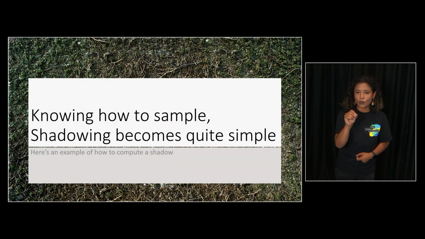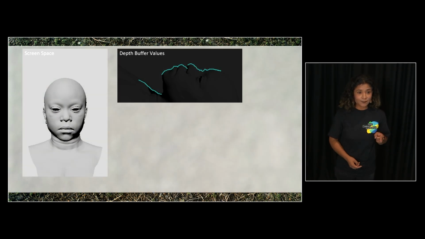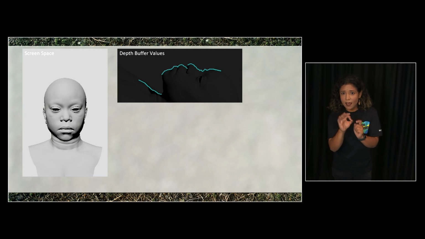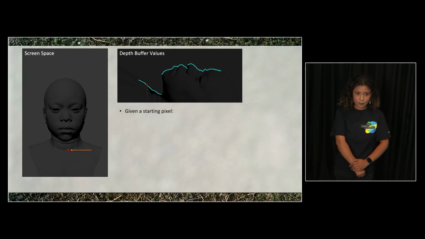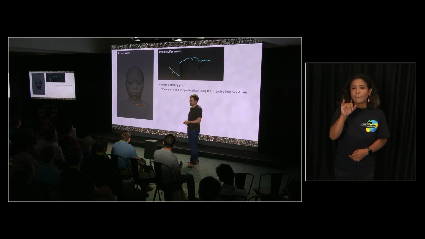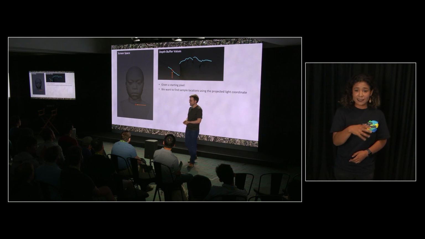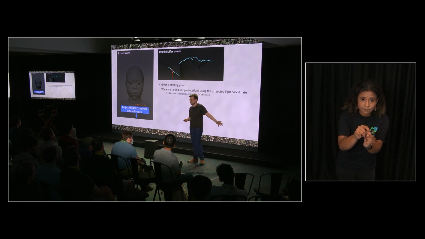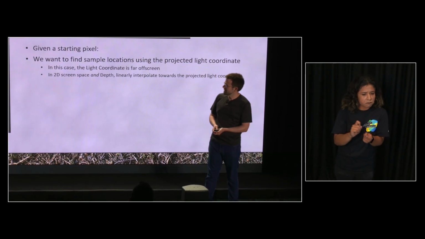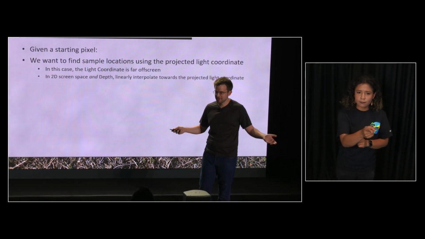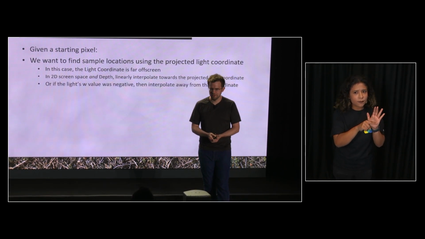Okay, we know how to trace a ray. Excellent. How on earth do we get the shadow? So this is Addie at quite low resolution, and this is my artistic interpretation of a slice of the depth buffer running through her face. I'm sorry. So we're going to pick a random pixel right here, and we're going to take that light coordinate. In this case, it's way, way off screen, and we're going to interpolate towards it. But it's obviously going in the wrong direction. In this case, W was negative. Okay, push the other direction. Real easy.